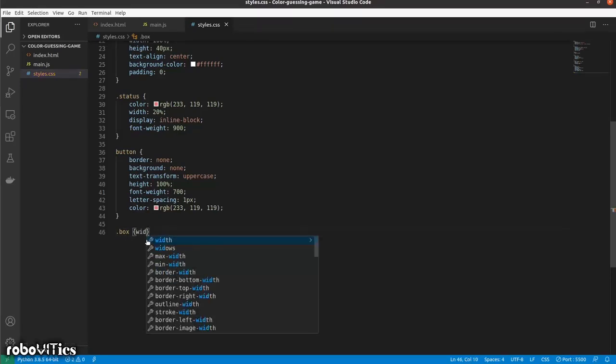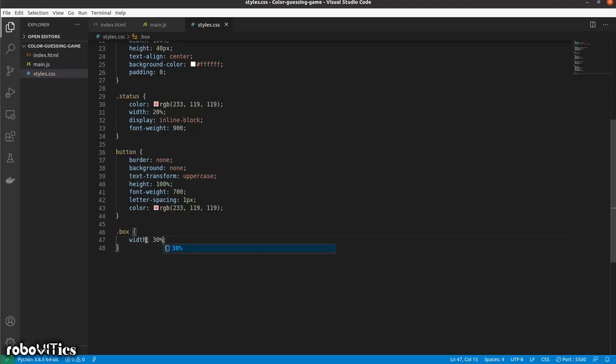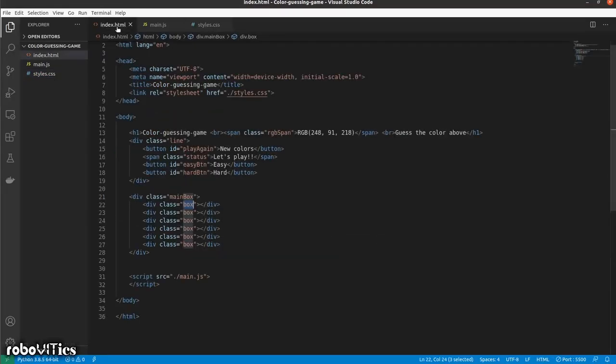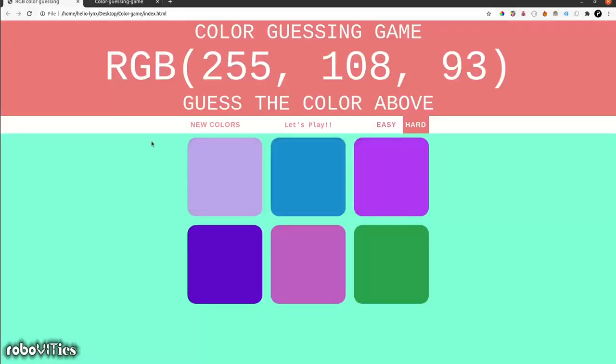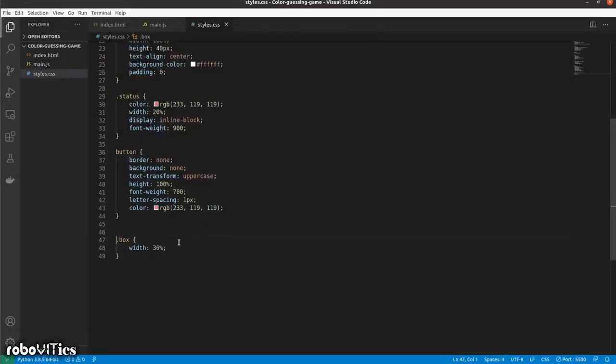So let's give it a width of say 30%, but this is going to be 30% with respect to the div it is in, which is main box, and that has a width of 100% right now because that's the default value. But I don't want that. I want to reduce the width to say this can be considered as 60%, or let's just say it's 600 pixels. So let's just have that targeted first. So dot main box, and inside that let's give a width of 600 pixels. Then following that, let's have a margin value of say 0 pixels and auto.